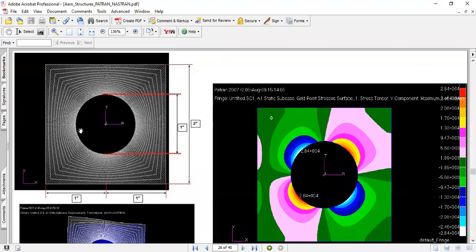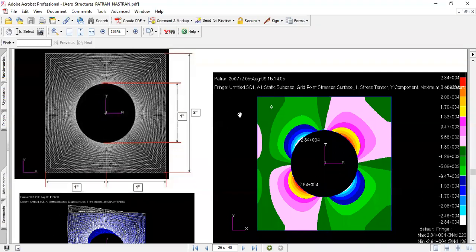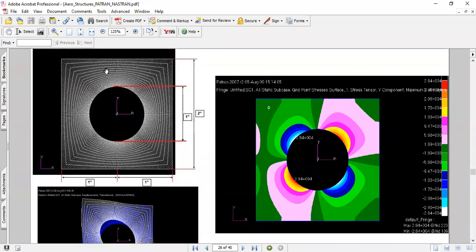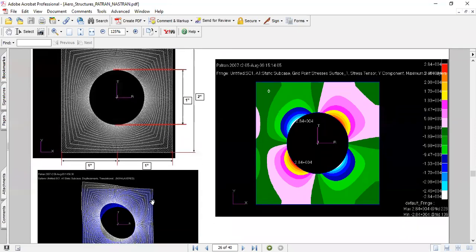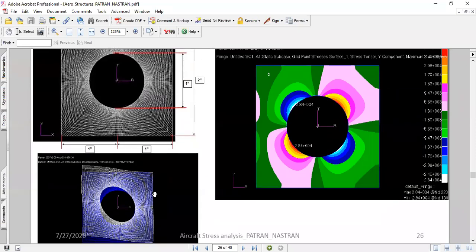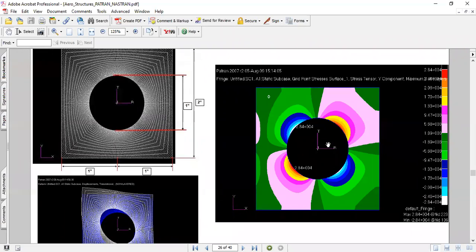If you look at the plate with a hole problem, it's like your Peterson stress concentration factors and that kind of stuff. I have taken a plate which is 2" by 2", and I have modeled a pinhole. I have used quadrilateral shell elements, and then I'm trying to analyze what effect it could have.